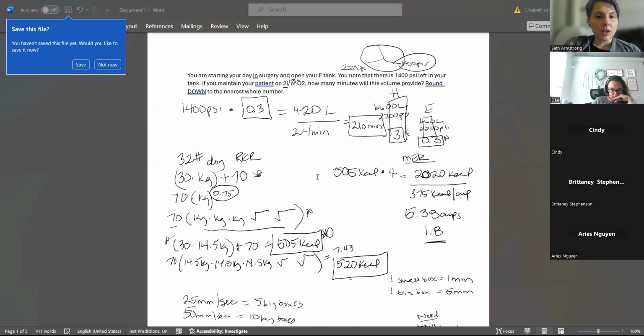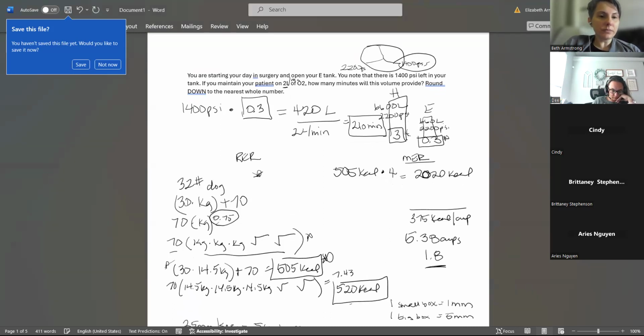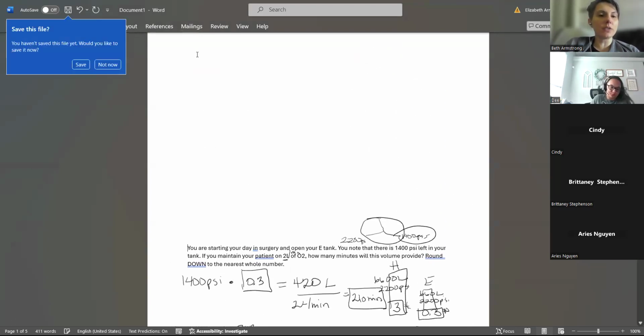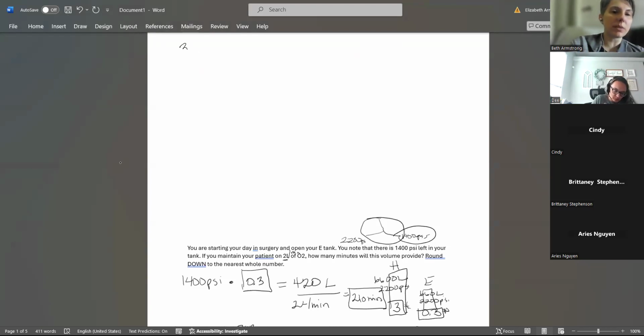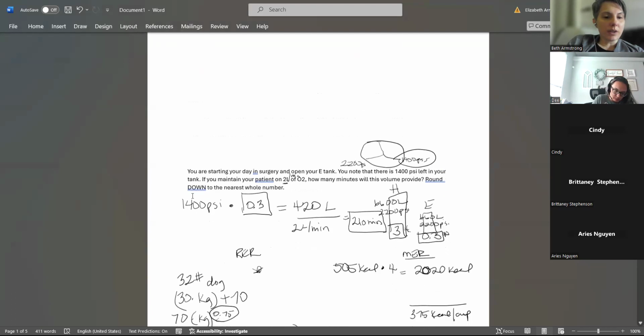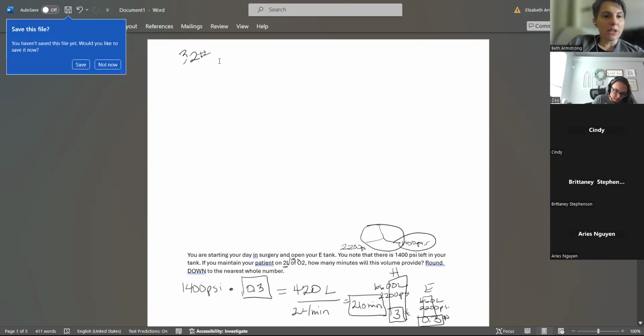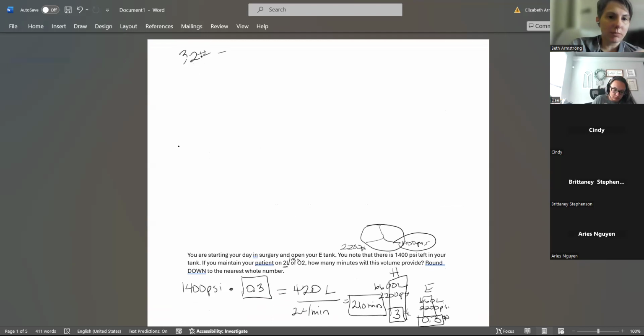Let's see. Oxygen. Okay, I know this goes back to oxygen. How do we figure out the bag size? Yes, bag size. Very good. So if we're going to do bag size, let's move that down. All right. So say we have, let's do this 32-pound dog again. We need to figure out the bag size for our 32-pound dog. So our 32-pound dog is how many kilograms again? 14.5